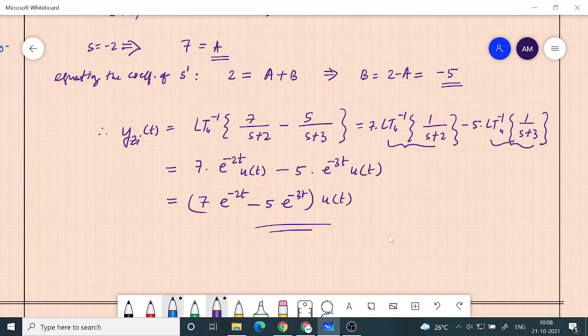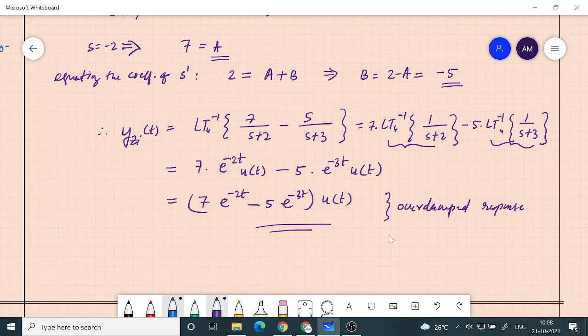A second order system can have different kinds of responses. One is called undamped oscillation, the other is underdamped oscillation, the third is overdamped. So this is the case of overdamped. We can say that the system has an overdamped zero input response. Why do I say overdamped? Because there is no oscillation, no sine or cosine or anything like that. It is just a decaying function, so it is called an overdamped response.